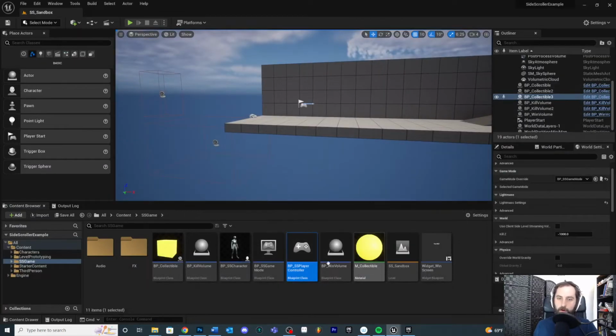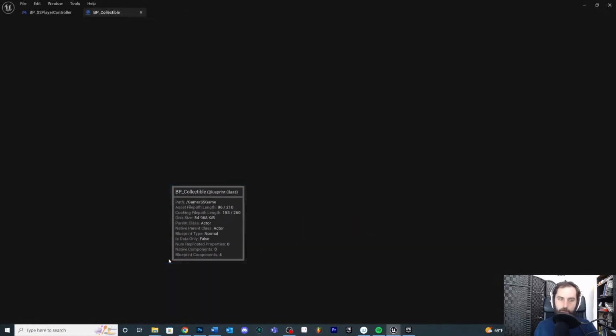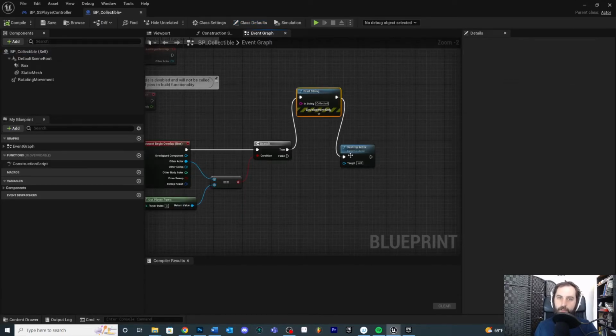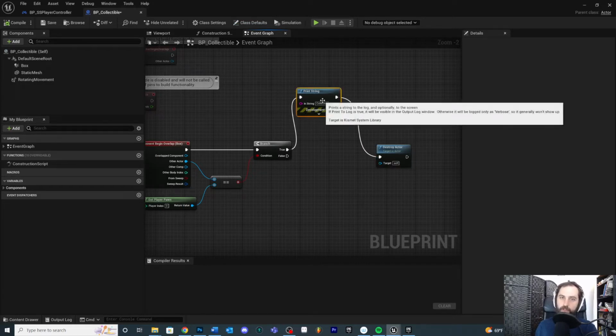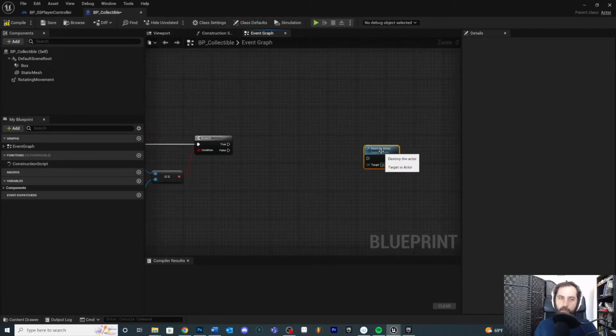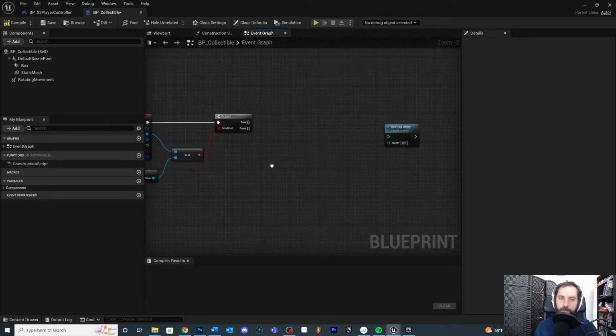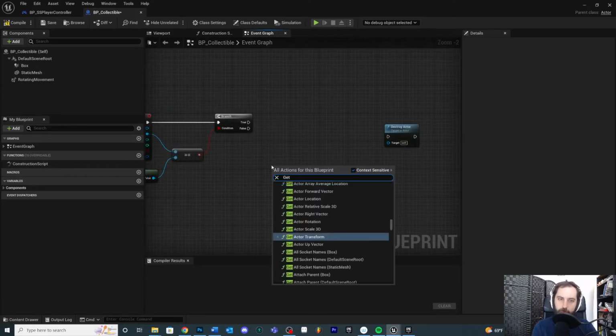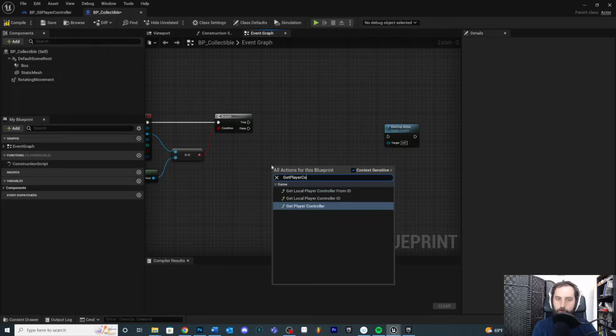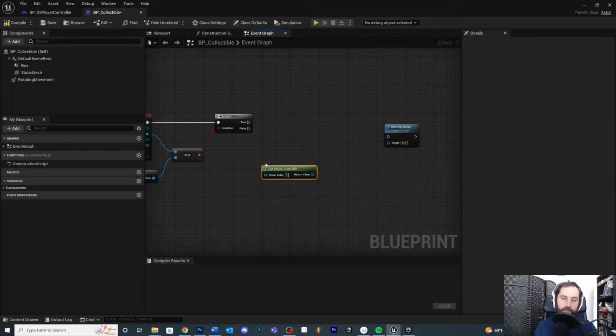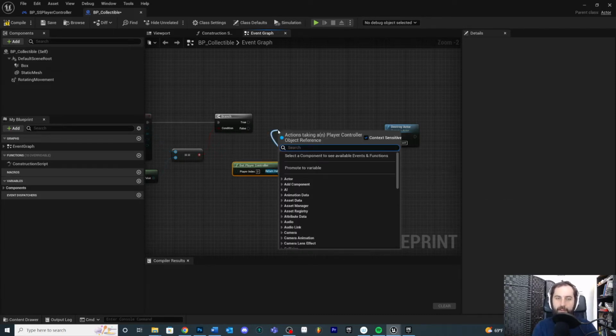We'll come over here into our collectible. Instead of printing the string, we actually want to increase the value of our collectible. So let's delete this string right here. And after our comparison, the first thing we need to do is get access to the player controller. So get player controller. Again, if you put this somewhere else, you need to get access to that thing, if it's the character or whatever, and pull off of that. And now I need to